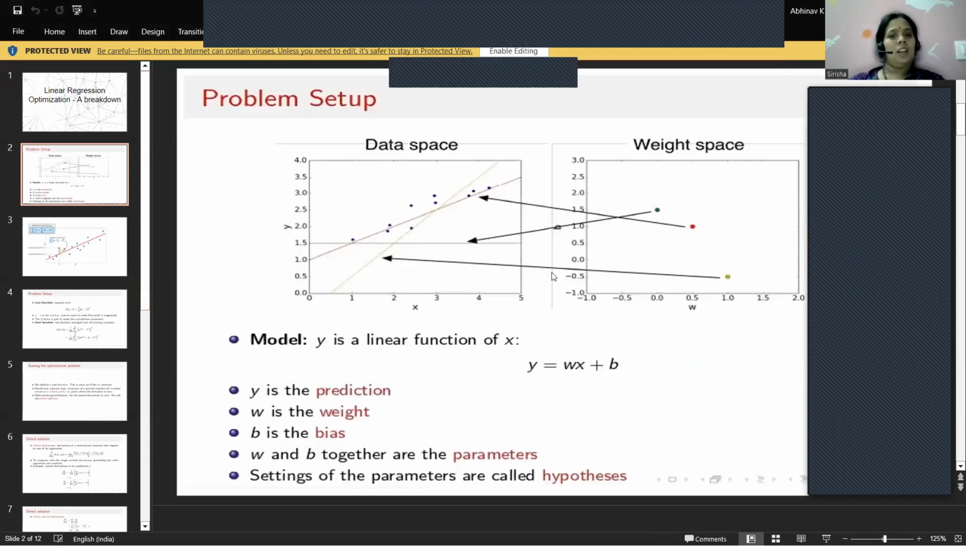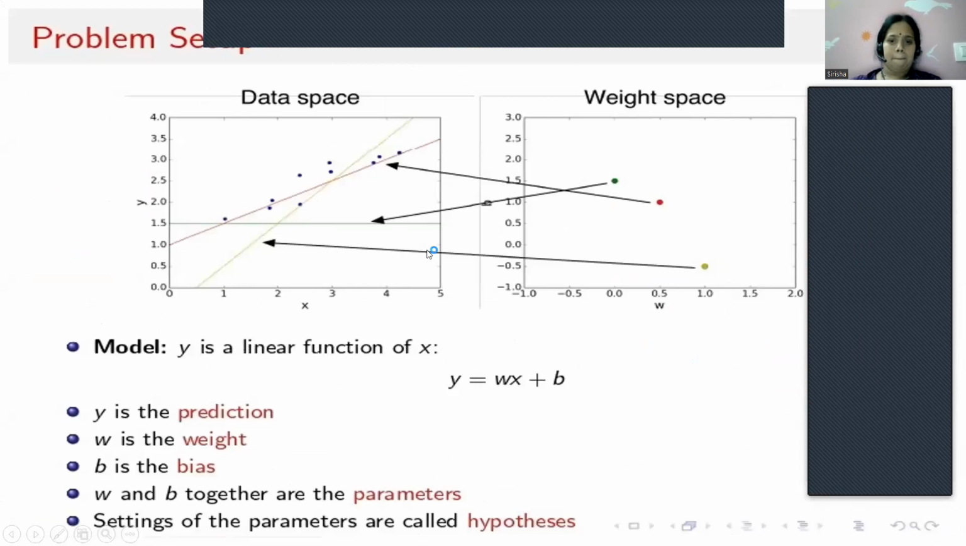So can we assume that this diagram, the convex function, is basically the error function or the cost function which we are trying to minimize? That's right, correct. So if you look at this, what you see to the left is a data space,